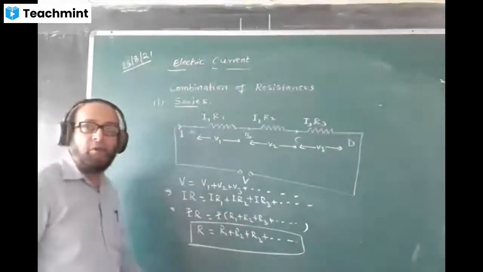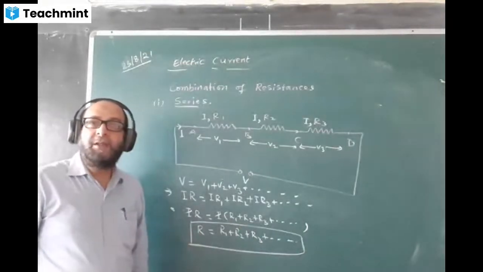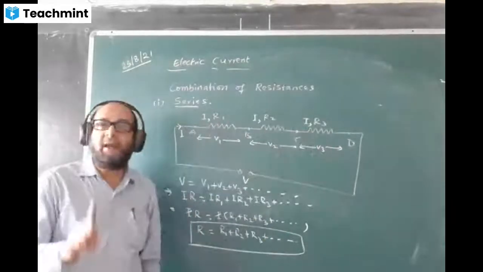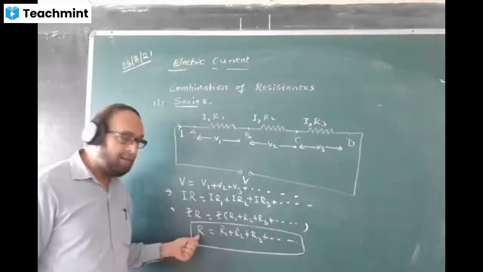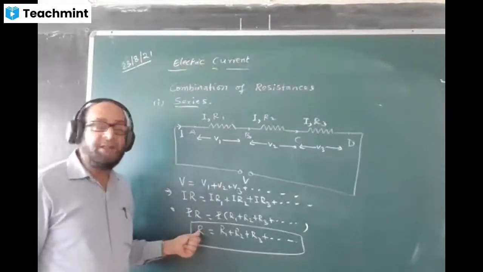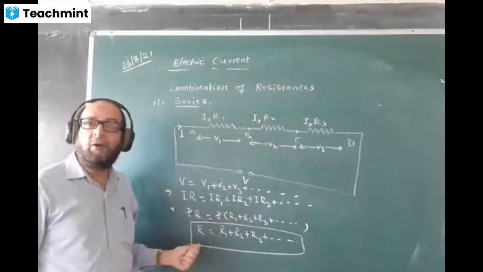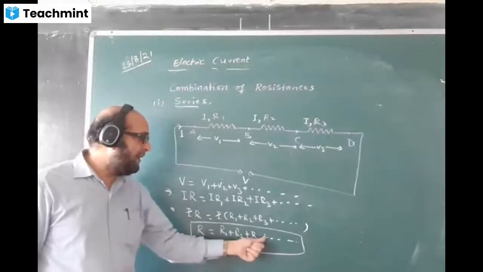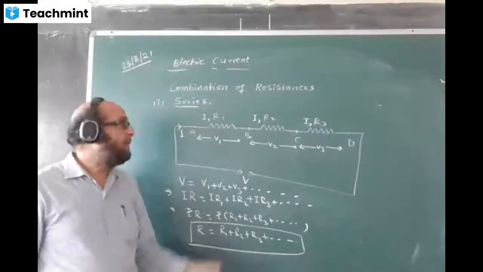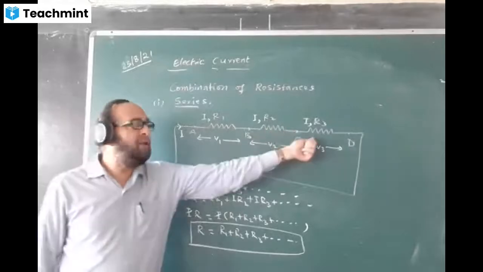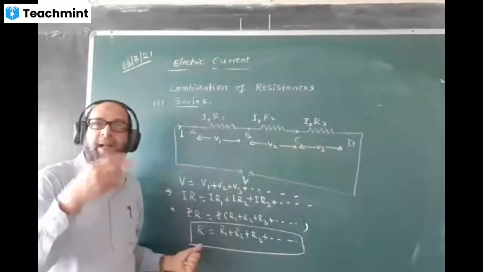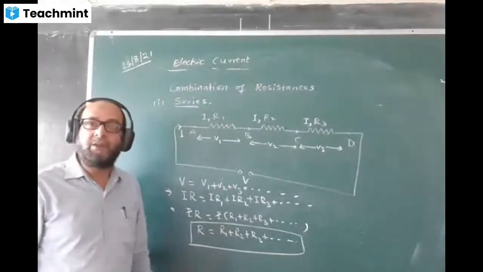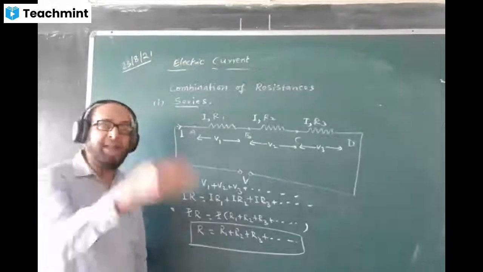What is R? R is the total resistance of the circuit, or we call it equivalent resistance. All of them are in series. The single resistance value is R. This is resistance in series. Total resistance in series, we call it equivalent resistance. And the formula is R equal to R1 plus R2 plus R3 and so on. One simple example: this is 1 ohm, this is 2 ohm, this is 3 ohm. What is the value of R? Simple addition: 1 plus 2 is 3, 3 plus 3 is 6 ohm. Simply we are adding them.